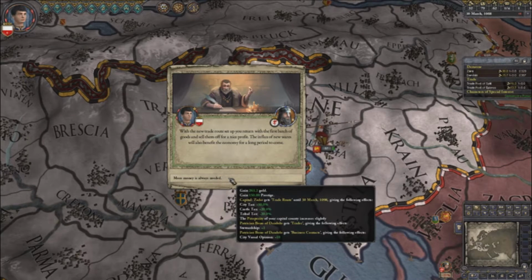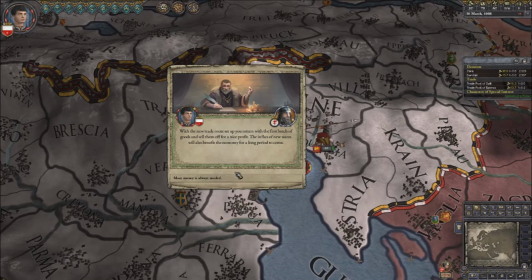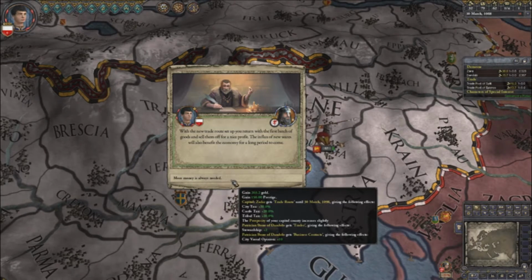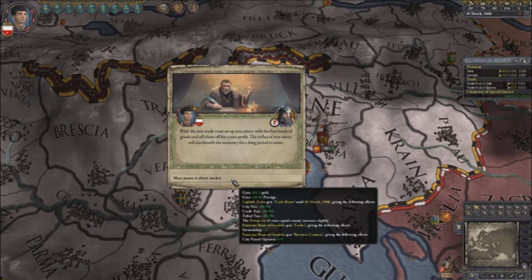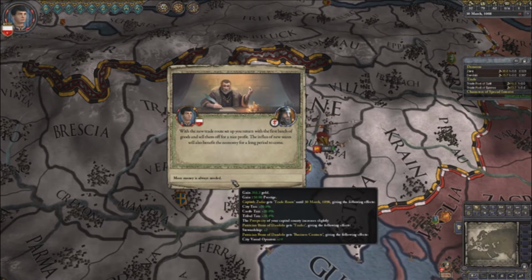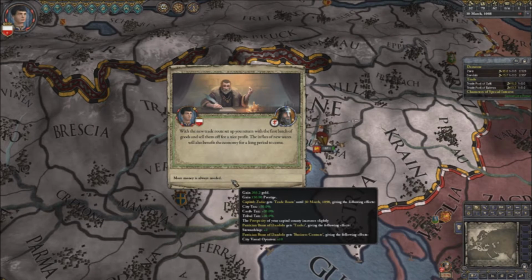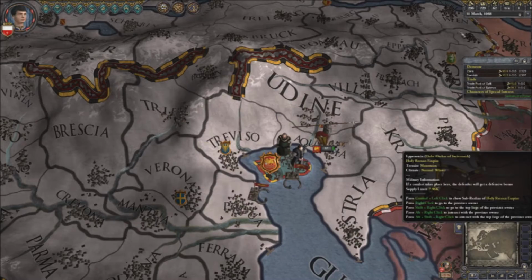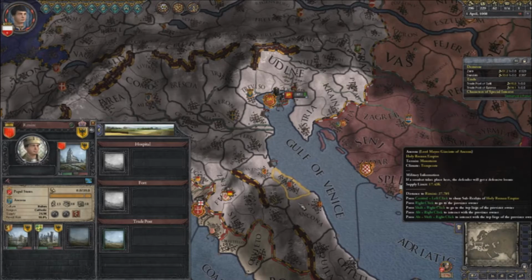Well, money is always needed, and we gain 263 gold, 150 prestige, and our capital of Zadar gets trade route until the 30th of March 1098, giving us a massive buff to our city, castle, and tribal tax, an increase to prosperity. We get trader, it gives us 2 more stewardship, and a plus to our city vassal opinion. Very nice. Now, we're going to take the opportunity to